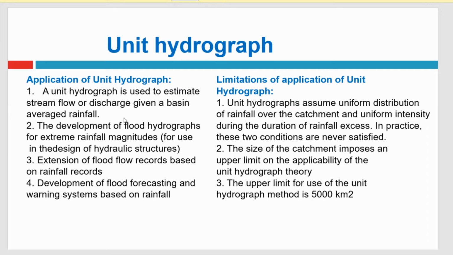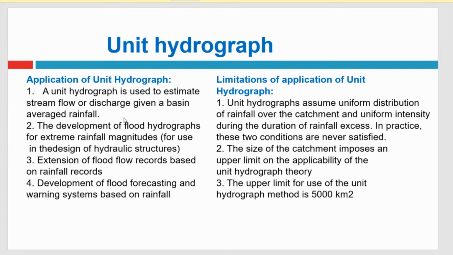I told you already, unit hydrograph is basically an imaginary kind of hydrograph where there is only one unit of rainfall that has happened over the entire catchment area. Because of that, whatever ordinates get developed in the stream are represented by the unit hydrograph. For example, if 1 centimeter of rainfall has evenly happened spatially and also over the time duration, then it will create the ordinates. Those ordinates are represented in a graph, and that graph is your unit hydrograph. Okay, now we know what this unit hydrograph is.